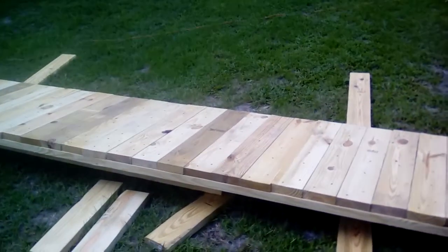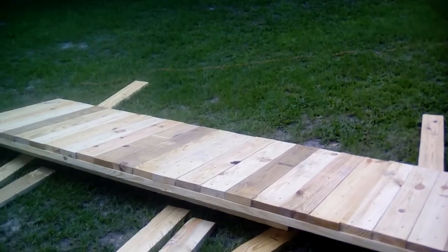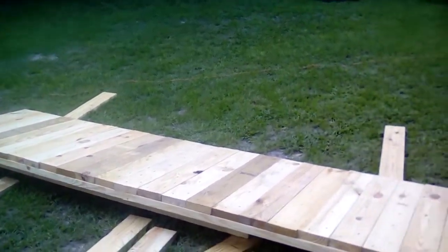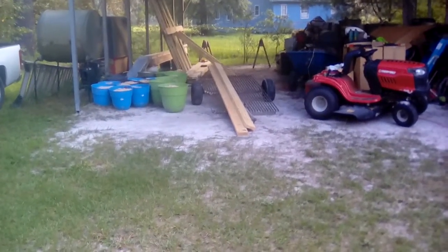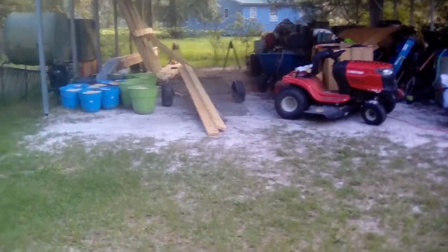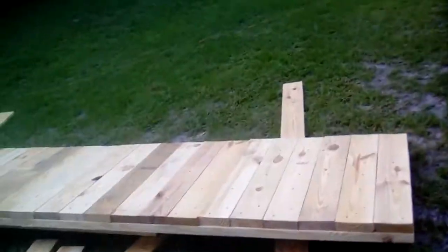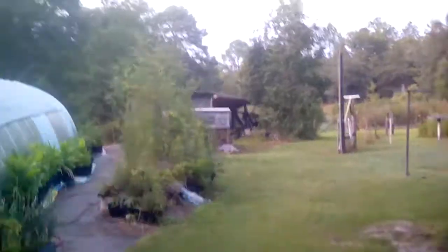So this is my retainer wall to keep the level constant on my greenhouse on the back end with the new section I'm working on. And I've still got more lumber and all that to get situated and moved to turn into a greenhouse. And I've got to get this loaded on my little trailer and moved around here to the back end, and in my hole that I have dug,